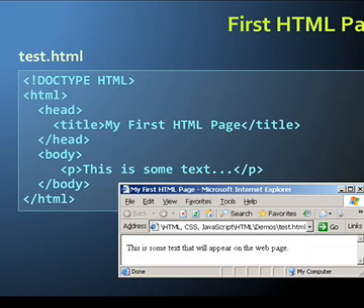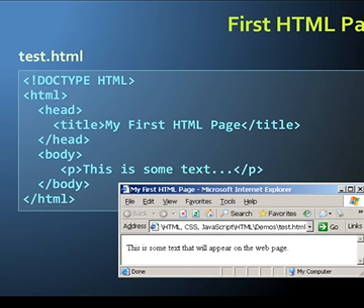So this is the first HTML page. For example, the file name is test.html. The first tag, as discussed in the previous slide, is the HTML tag, then the header, title begin and title end, head begin, head close, and body begins.